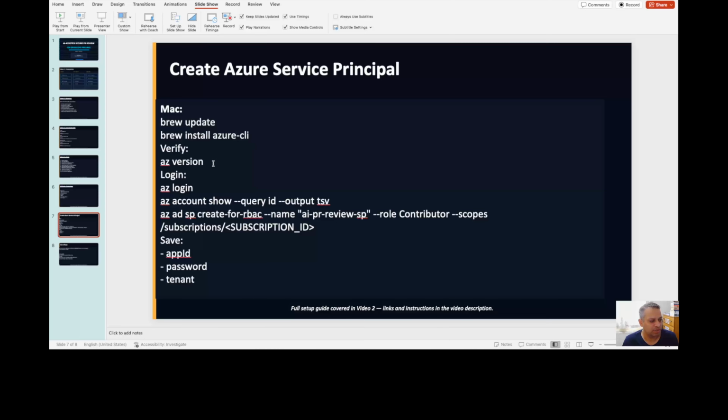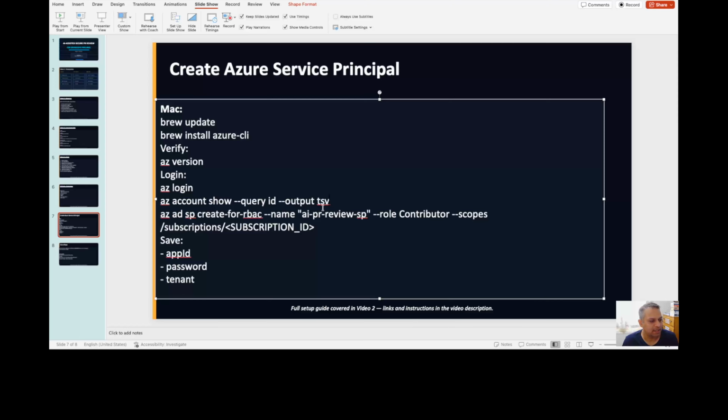Once you sign into your browser, it should close automatically, and you should move back to your CLI, where you will run this command: az account show --query id --output tsv. It will show you your subscription ID. I will not go through these steps because it will expose some sensitive data which I don't want to show here. The second command that you should run is